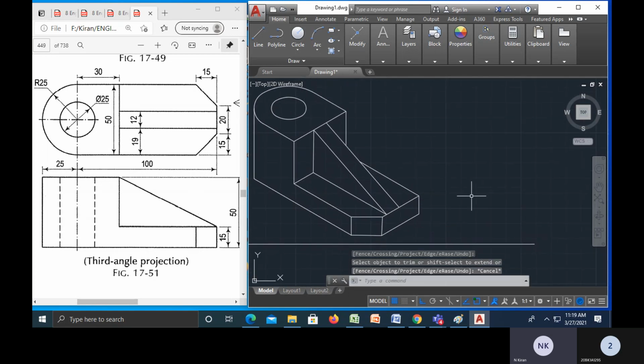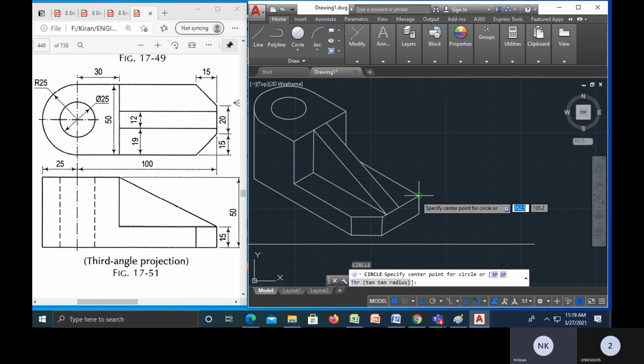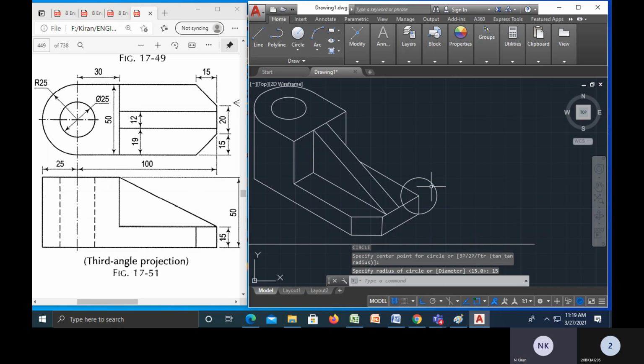Okay, right. From this point also C enter, and from this point I will enter 15 radius. Right. Now L enter. I will join this part and this part.